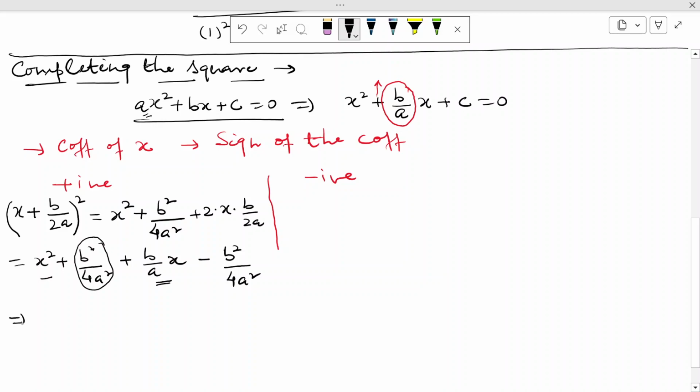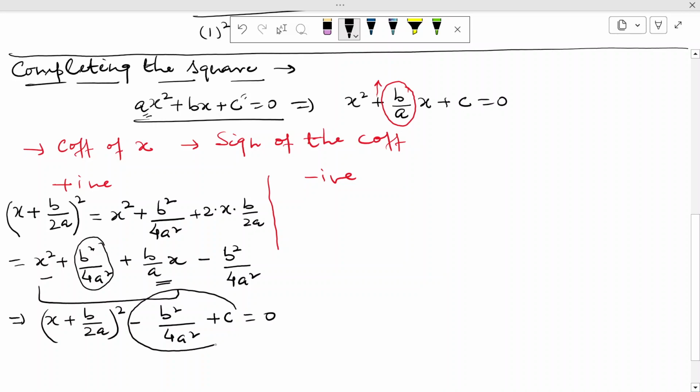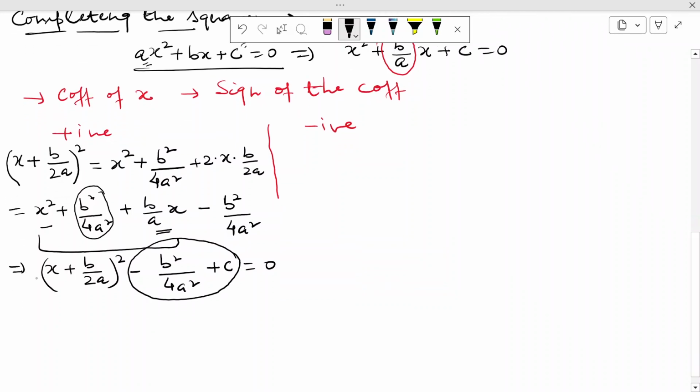सो यहां से आपको क्या मिलेगा? ये जो हमारा पहले 3 टर्म्स हैं, this you can write as x plus b upon 2a whole square. Now we are having b square upon 4a square, and we are already having plus c here is equals to 0. So this term will be a constant now. This is a single constant. So हम क्या करेंगे? हम यहां से इस कांस्टेंट को लेफ्ट हैंड साइड में ट्रांसफर करेंगे एंड वी विल सॉल्व